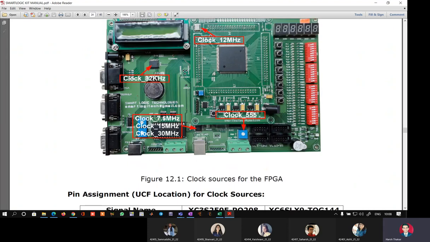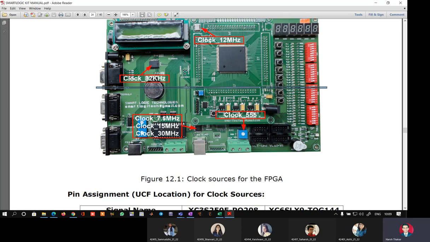If I decide that I am going to use this push button switch as reset, then I have to map my RST signal in the UCF to pin number 204. Is it clear till now? This is called pin locking. So I have to tell the FPGA from which switches my inputs are going to come, from which clock source my CLK signal is going to come, and from which push button switch my reset is going to come. That is called the UCF file.